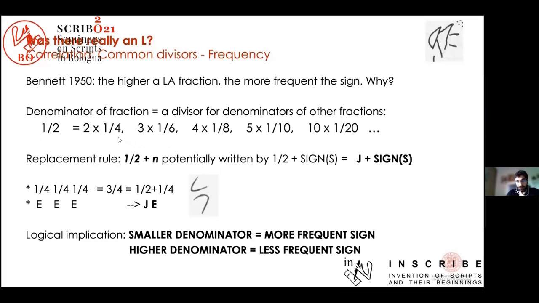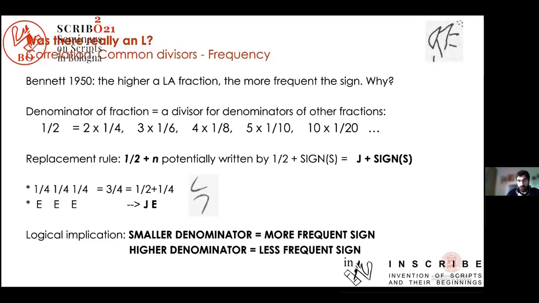And this is what we see, except for those possible exceptions in the Middle Minoan II period, you don't see E E. You don't see 1/4, 1/4. It gets replaced by J. So this replacement rule means that even if in your economy you are not operating with a half as a measure of something very often, you will still need to use the sign for a half very often because of this principle. Because anytime you need to write a half plus something, you will potentially write it with J plus one